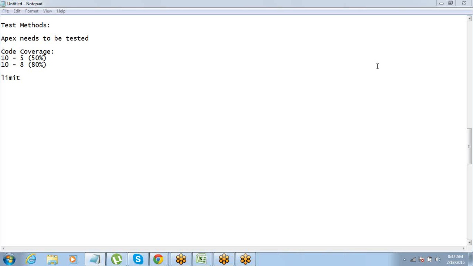So in this example, once we have put this in, a test method is also a method, right? This test method actually does not perform anything, it just goes and tests the actual method. When it tests the actual method, if it finds that the method is not getting executed properly, then it would not give a code coverage for that. So in this case, what might be happening is the actual method that we have written is not properly being executed, and for that it is throwing an error. All right. For example,